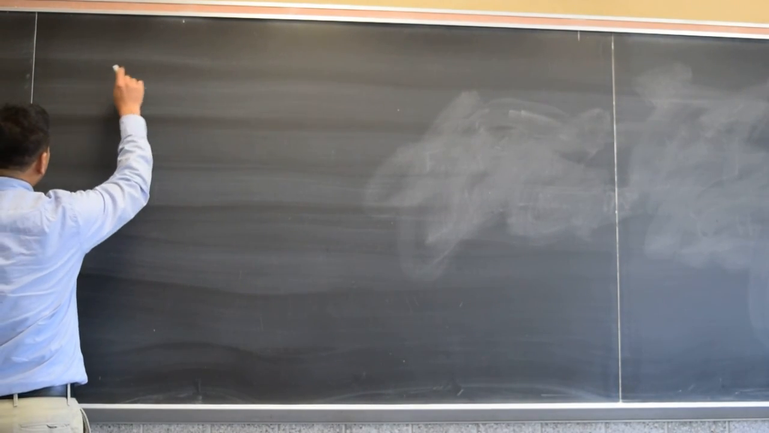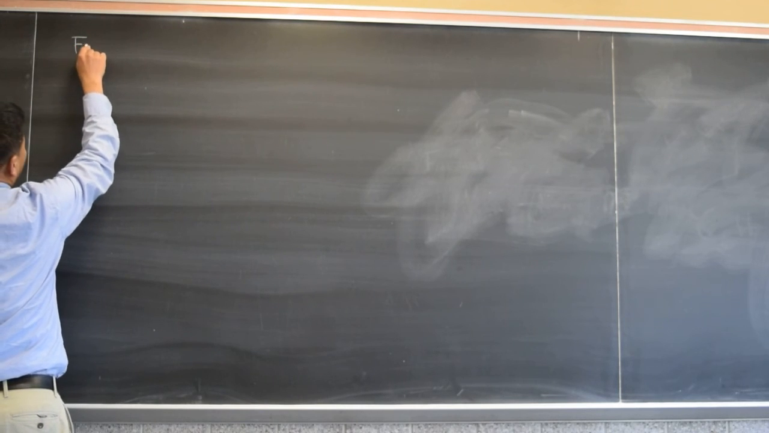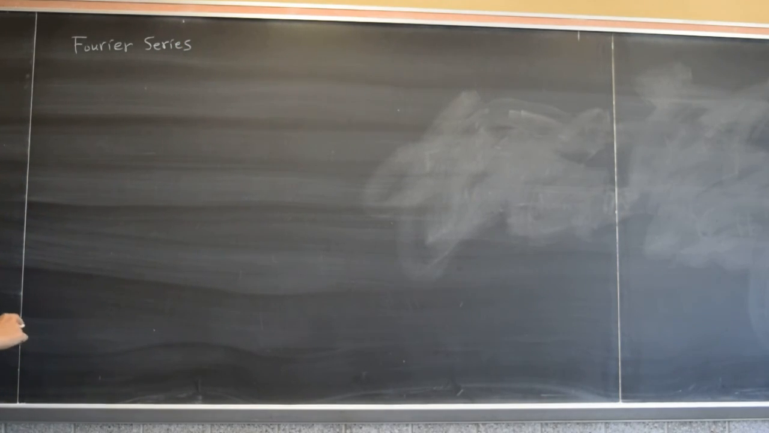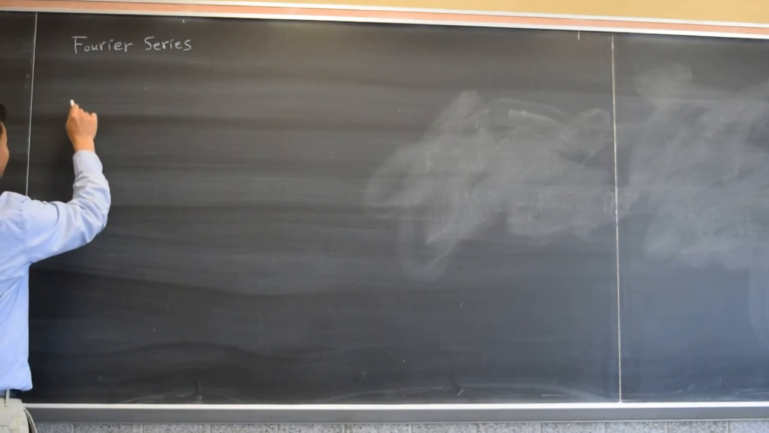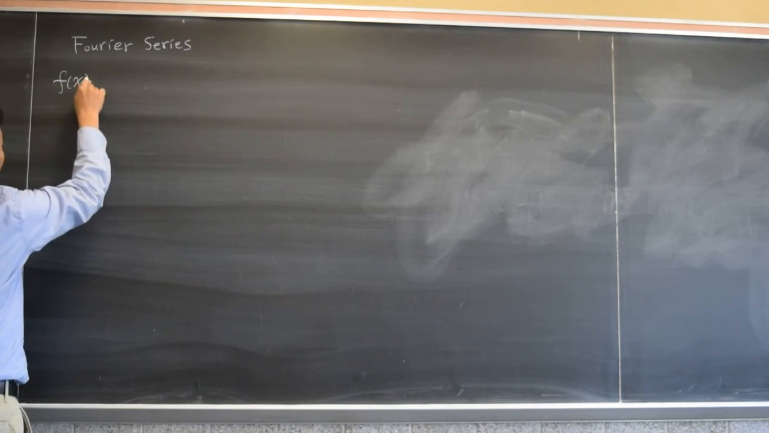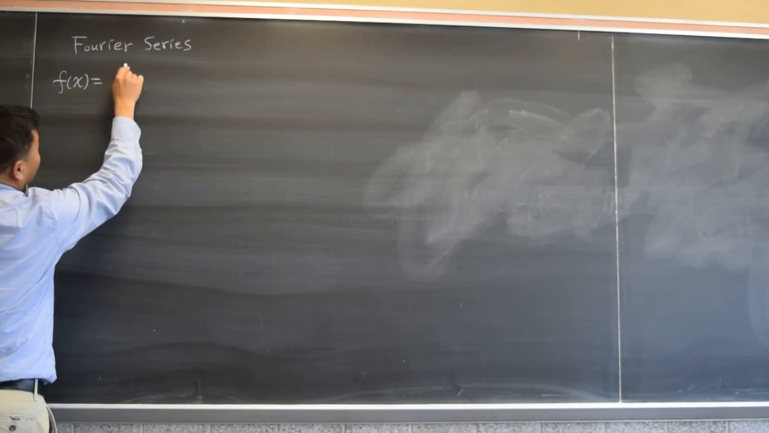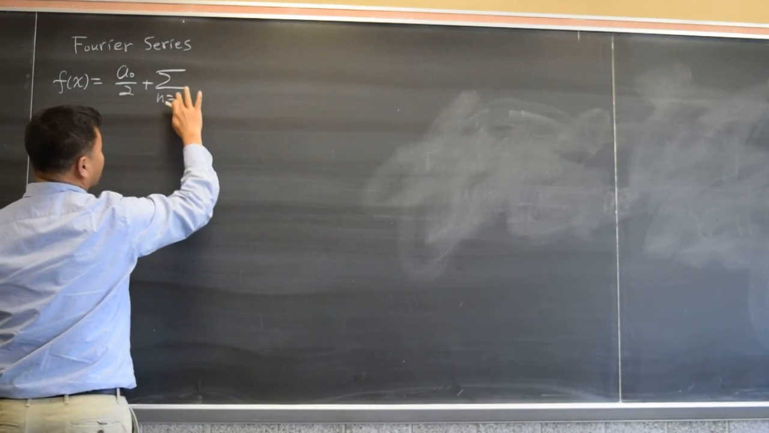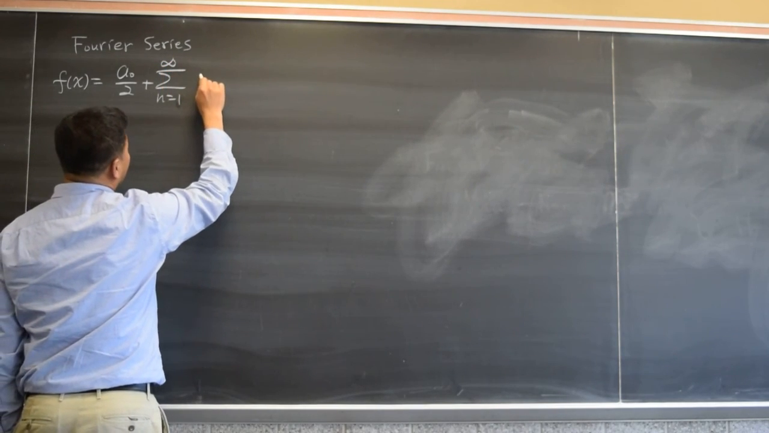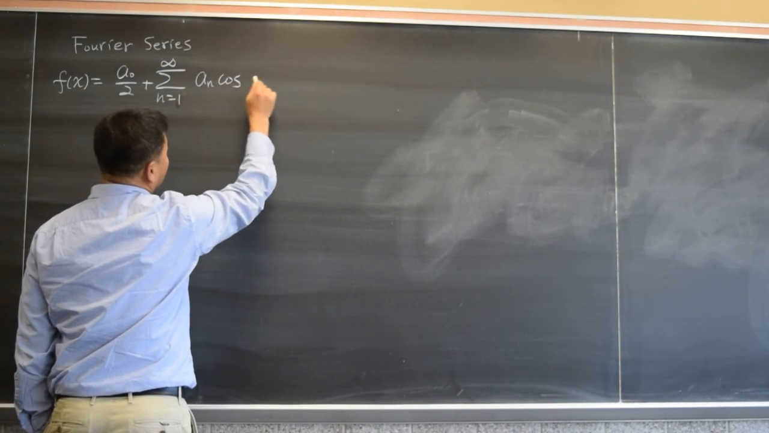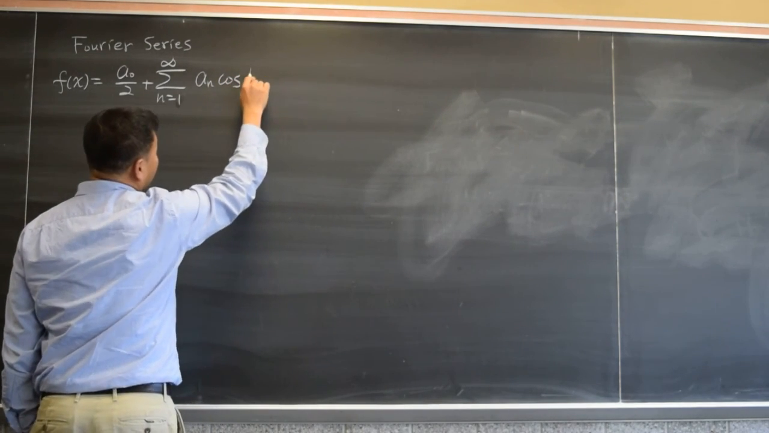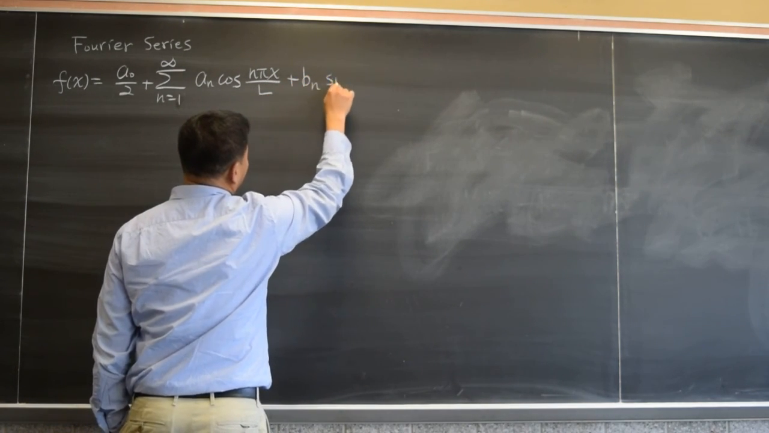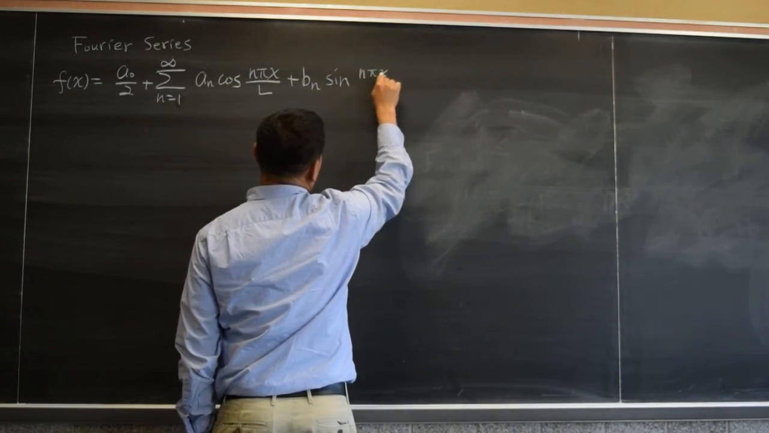Alright, so far we were doing Fourier series. And the formulas were the following. First, f of x is a0 over 2 plus sigma, n from 1 through infinity of an cosine n pi x over L plus bn sine n pi x over L,